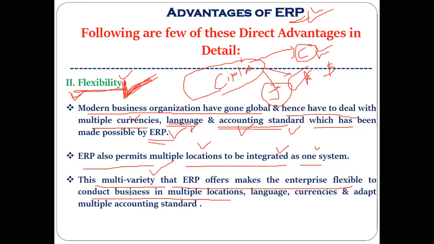So these kinds of easy options are available for customers and employees from different countries, and this becomes possible because of ERP. And the same point I have mentioned here: the multiple functionality that ERP offers makes the enterprise, or enables different businesses, to be flexible to conduct business in multiple locations, multiple languages, and multiple currencies. And because of these different functionalities provided, like handling multiple currencies, dealing with multiple languages, handling the